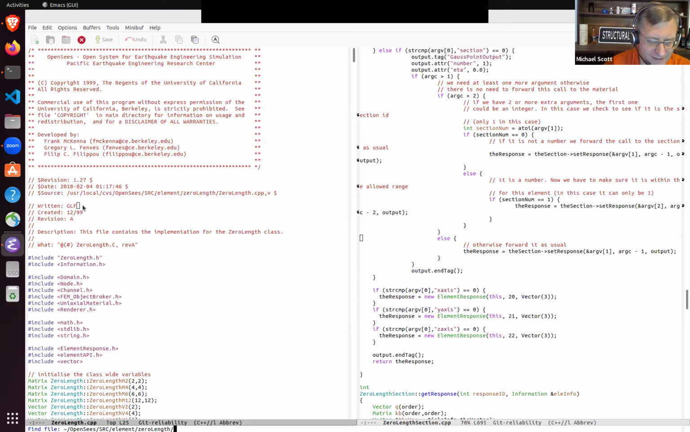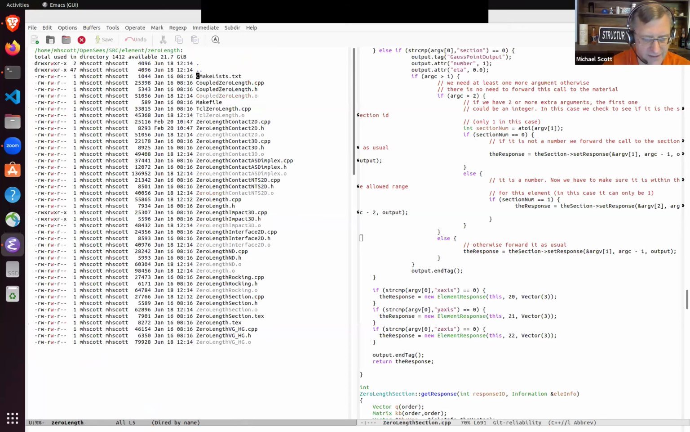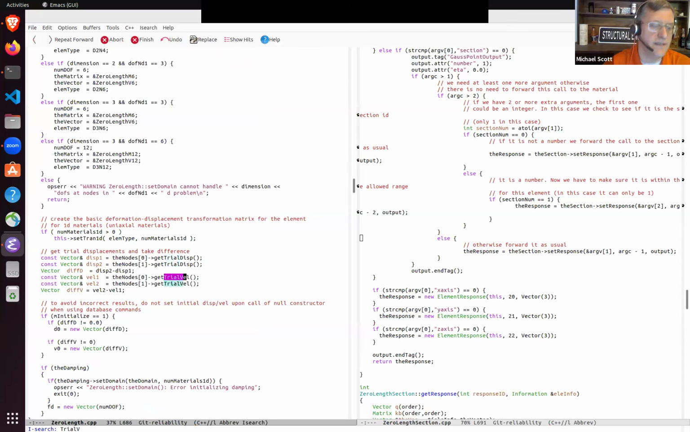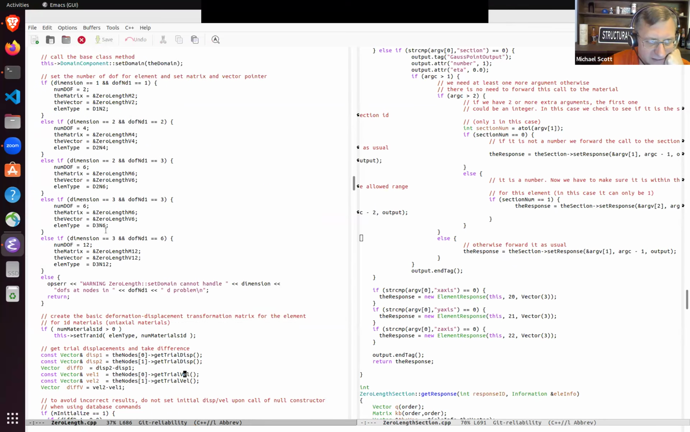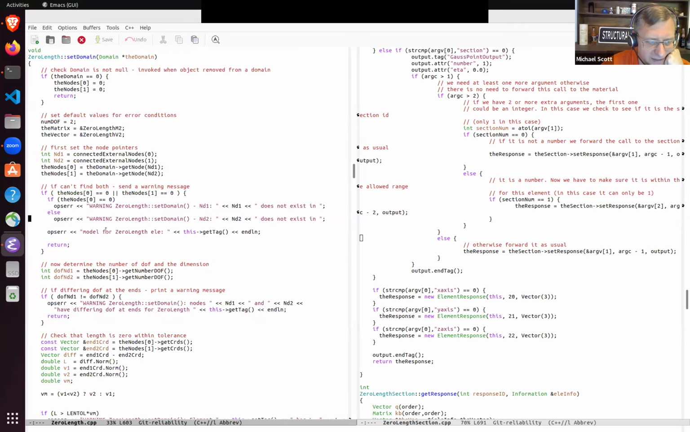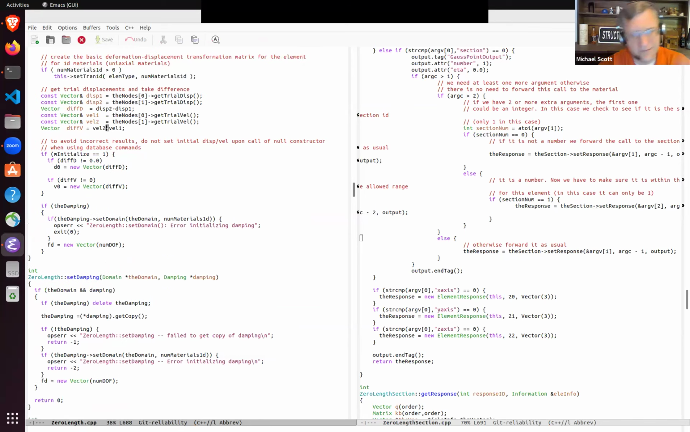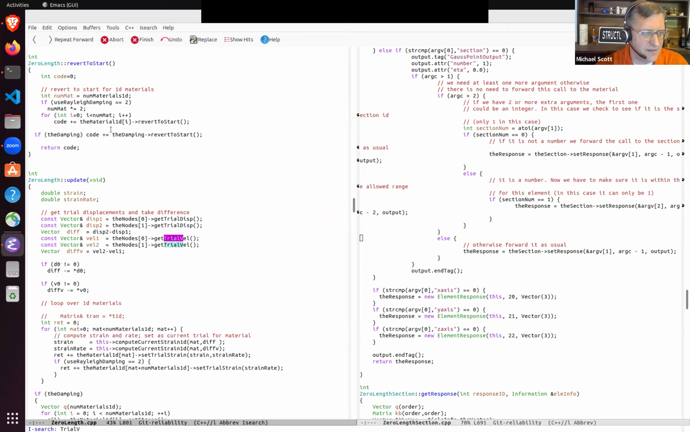Okay, so let's go to, what am I looking for? Search in the file here. Trial velocity. Yeah, here we go. Okay, so if you look at the regular zero-length element, in the state determination, well, that's in set domain, it's just figuring out the size of the node. But if we go to update, for this element where the state determination happens,